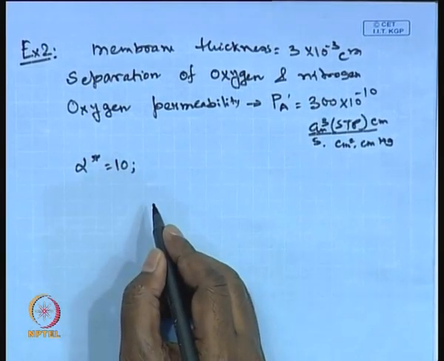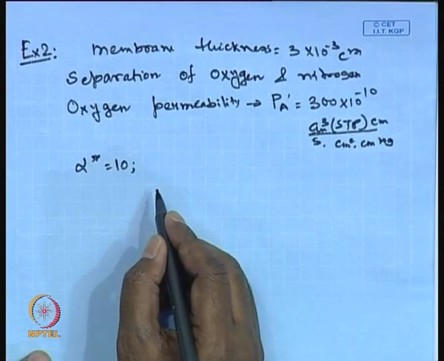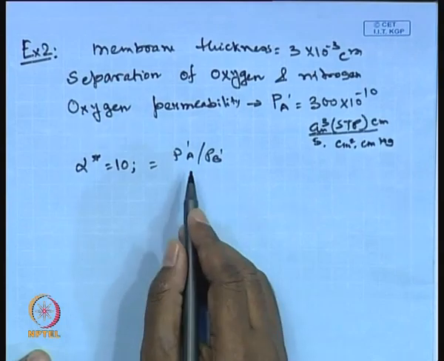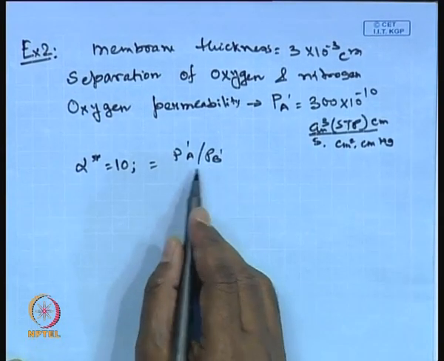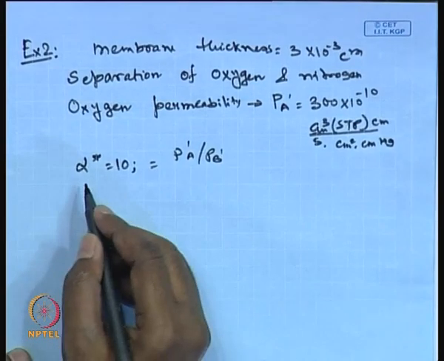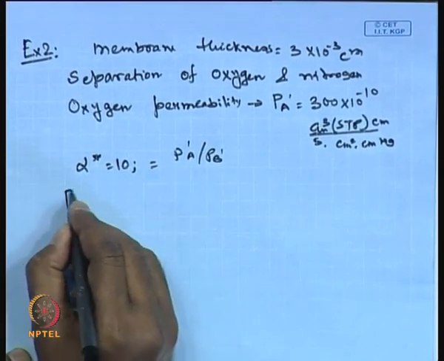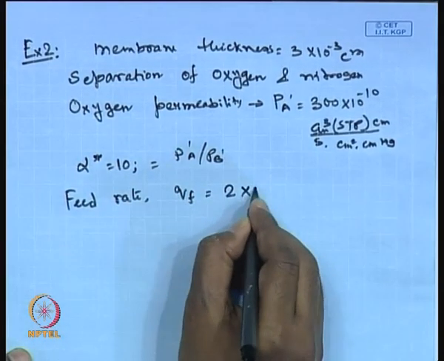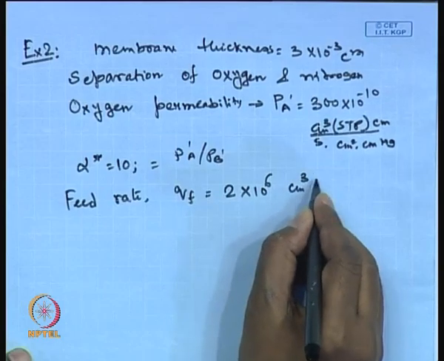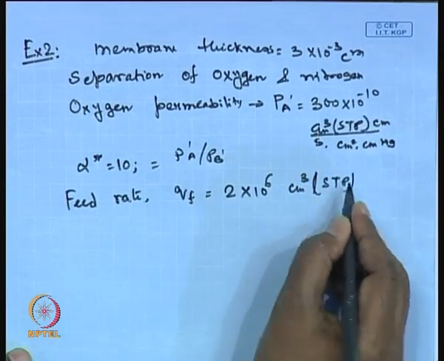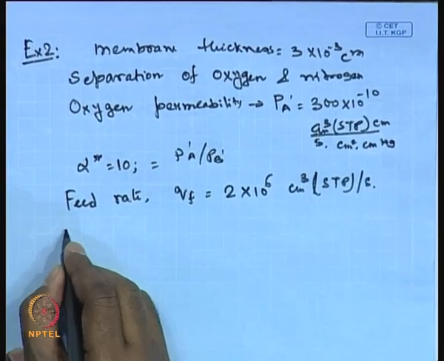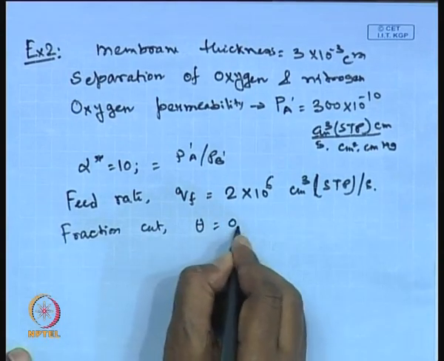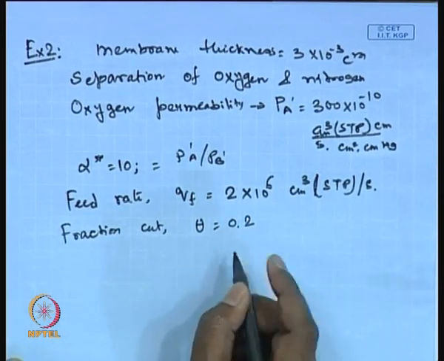That means the oxygen permeability will be 10 times higher. What is alpha star? Alpha star is basically P A prime by P B prime. So, oxygen permeability is 10 times higher compared to the nitrogen permeability through the membrane. The feed rate is given as QF is equal to 2 into 10 to the power 6 centimeter cube at STP per second. The fraction cut theta is given as 0.2,